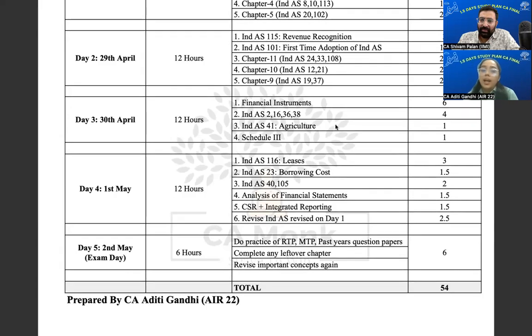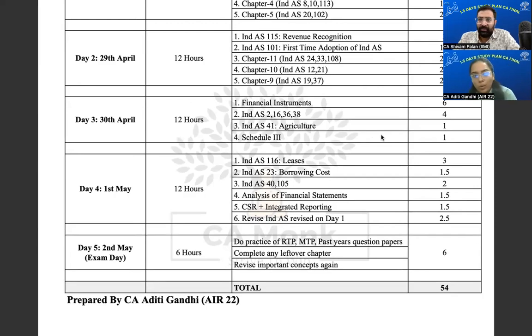एग्रीकल्चर, हाँ एग्रीकल्चर में भी हमारे अटेम्प्ट में क्वेश्चन आया था नवंबर 22 में. And it was the same, अगर आपने स्टडी मटेरियल और अच्छे से कवर कर रखा है आरटीपी वगैरह, तो सेम क्वेश्चन था कि प्राइस चेंज, फिजिकल चेंज, तो वो करना है। शेड्यूल 3 को मैंने टाइम इसलिए एलोकेट किया, like